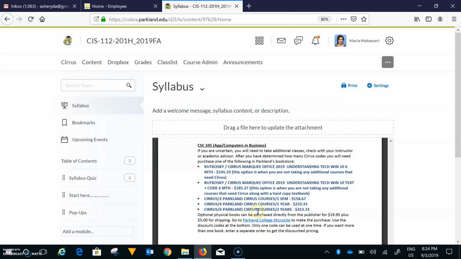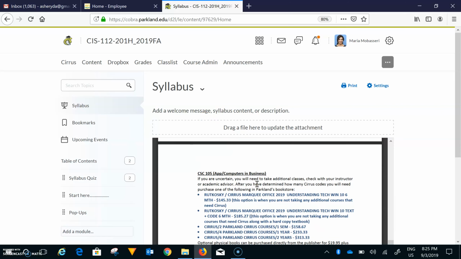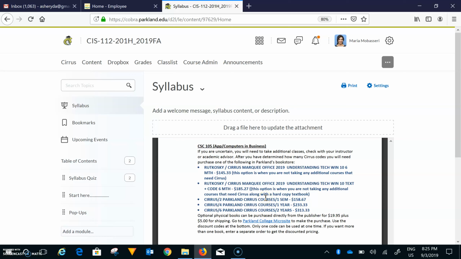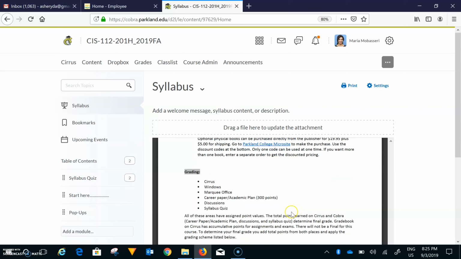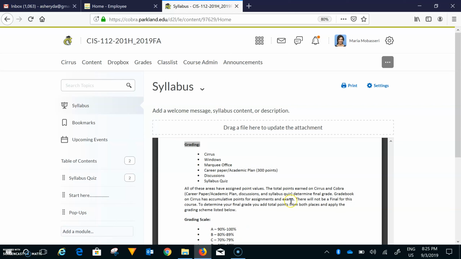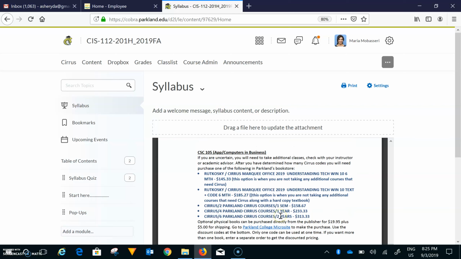And then if you are going to take 6 courses, meaning 112 and these classes, and that means over 2 years of stay at Parkland, then this last option is the best option, which gives you the ebook for all of those courses, plus the activation code which allows you access to all your assignments for the 6 courses that you want to take. So that is the most important thing, the very first thing that you have to decide: which book bundle you want to get, because your book bundle is going to have an activation code that you need to get to your assignments.